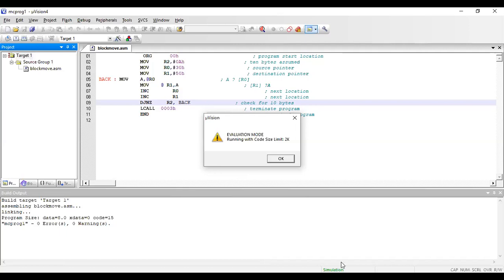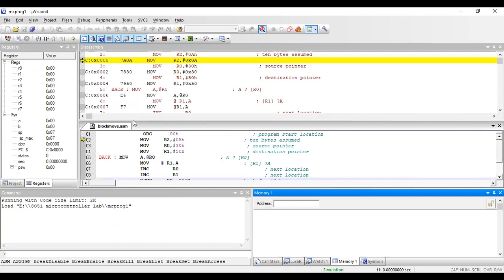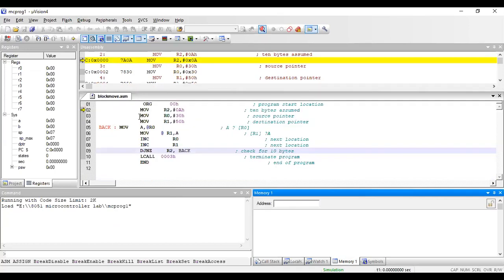At the right bottom you have different panels, right? For me, I want memory windows here, right? So I'll just open that. So this is my program which I have written for moving of the block. Before I start running the program, I'll have to use a memory window. Where is my memory window? Here, go to this memories, right? So this is the memory windows, it is there.